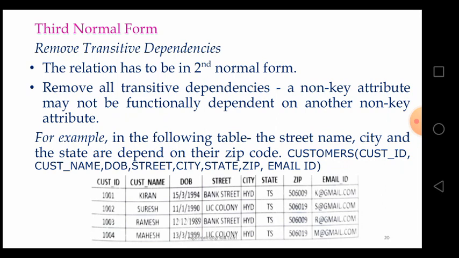In the previous class, we discussed normalization, what normalization is, the main goals of normalization, and the different normal forms. That is first normal form, second normal form, third normal form, fourth normal form, Boyce-Codd, and fifth normal form. These introductions were discussed in the previous video. Now we discuss third normal form.